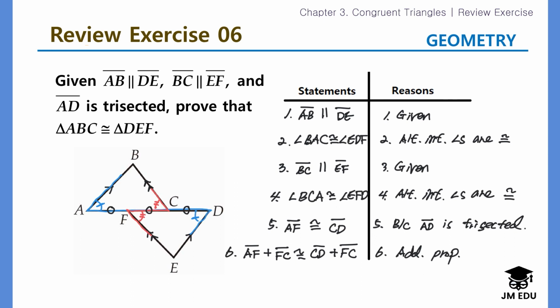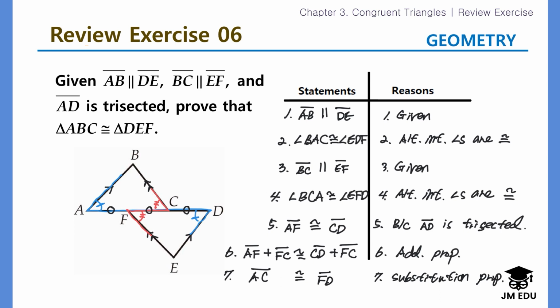So instead of this expression right here, we can write number 7, side AC for AF plus FC is congruent to side FD for CD plus FC. That's what? That's a substitution. Instead of this, we substituted this. Instead of this expression right here, we substituted FD. So that's a substitution property,